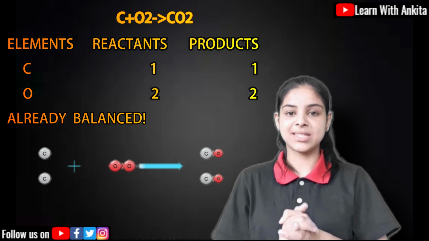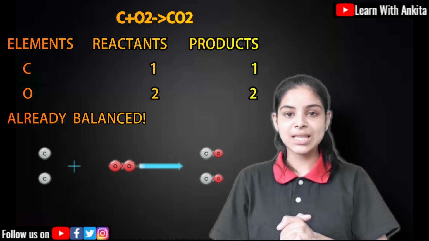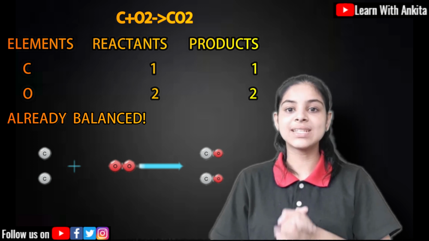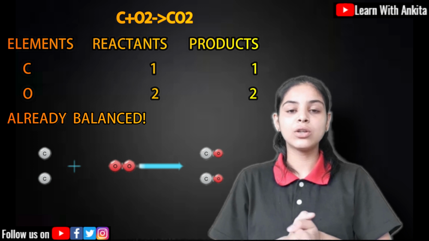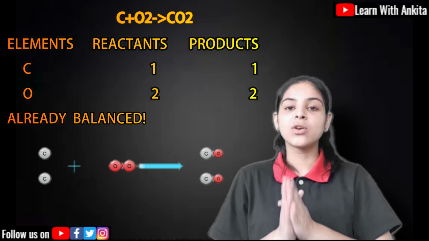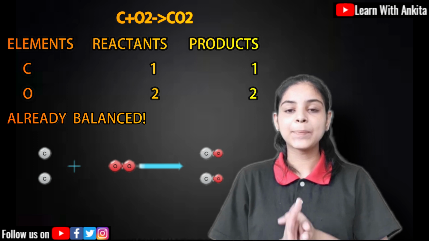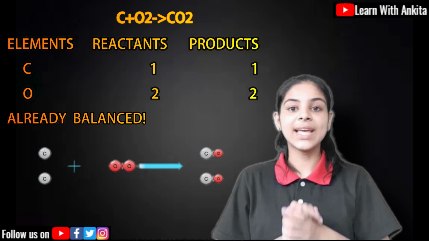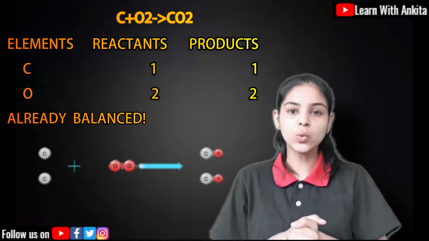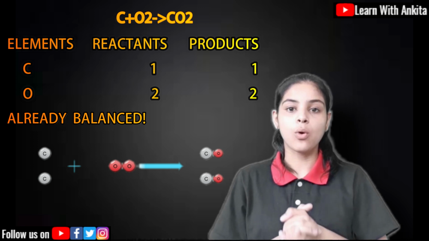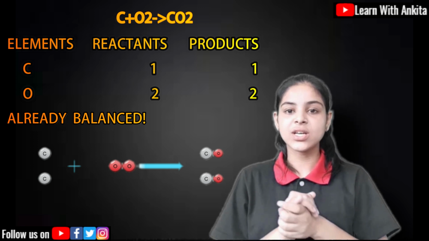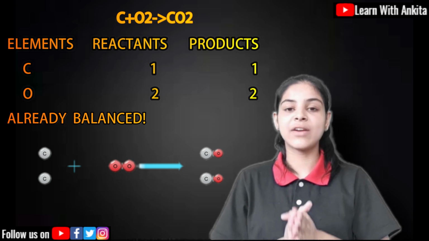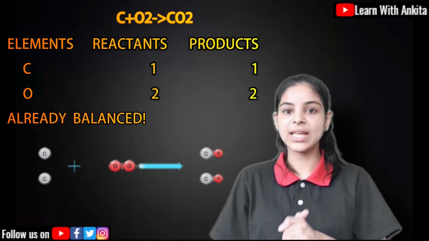If we talk about the elements in the first example, which elements are there? Carbon and oxygen, so we'll write C and O only. We'll not write 2 in the oxygen. Why? Because while you were studying about the elements, we didn't write O2 over here, we only wrote O. We just show that there are 2 atoms of the oxygen. So over here we'll write C and O only because they are the atoms.